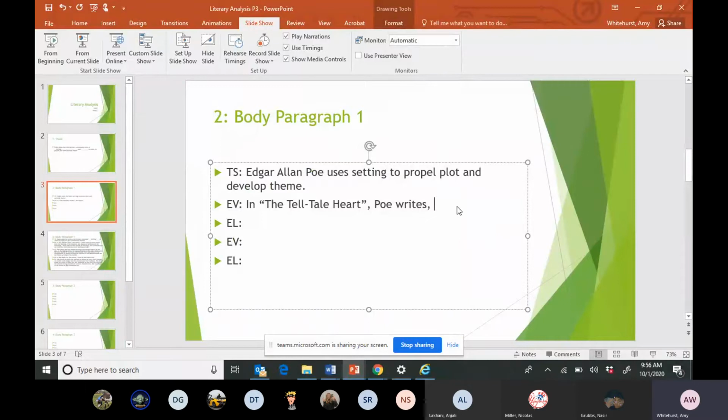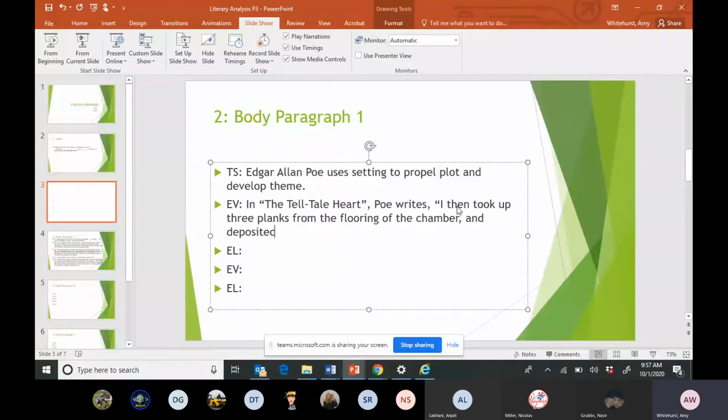With the physical paper, this is on page 18, but I know your copy looks a little different, but it's towards the beginning or middle. But we can say, I then took up 3 planks from the flooring of the chamber and deposited all between